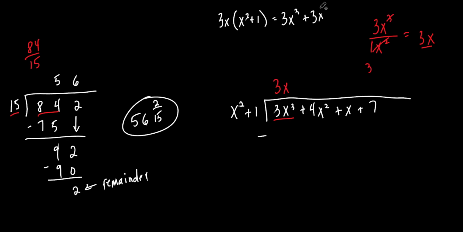Okay? That right there is like me going 5 times 15. That was that step right there. I just wrote it down because, you know, you don't multiply stuff like that very often in your head. But then I subtracted that 75, didn't I? So I'm going to subtract this. Now, since there's two things, I'm going to put a parentheses. So the 3x times x squared plus 1 is what? 3x cubed plus,